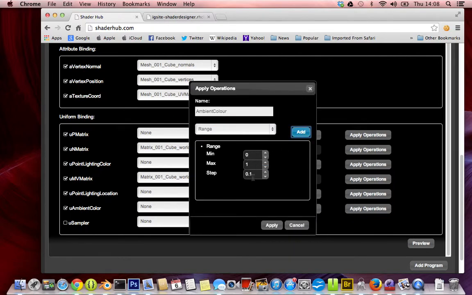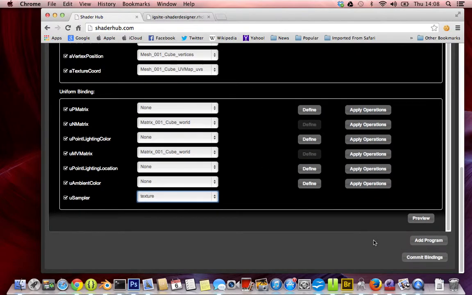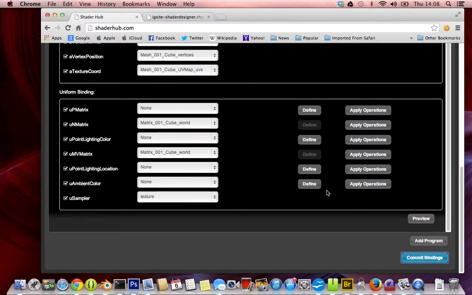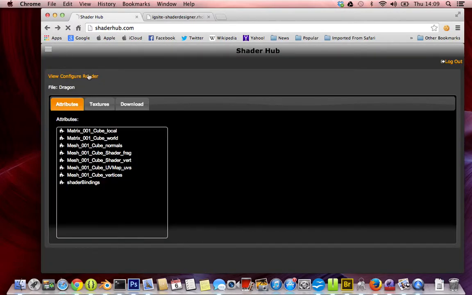So this is in the range of 0 to 1, so we don't have to change those. Next I pick my sampler, so here I've got that texture, and that's the name of the texture that I just added up. And then I'll commit the bindings. Okay, and then if I go to render,